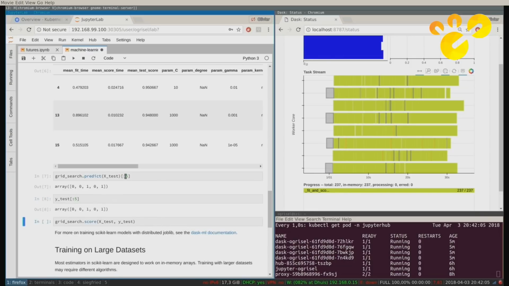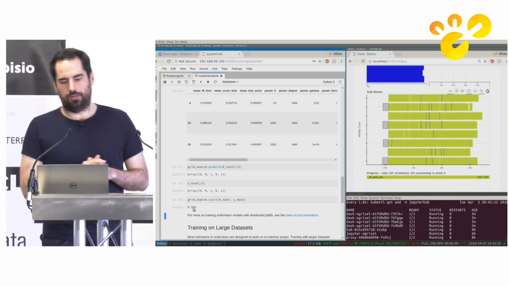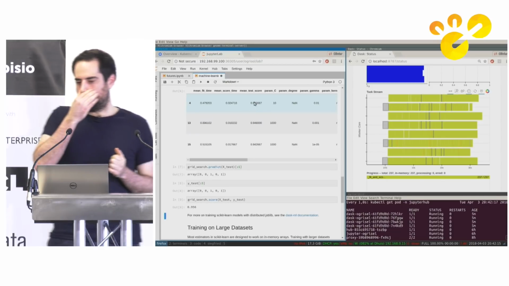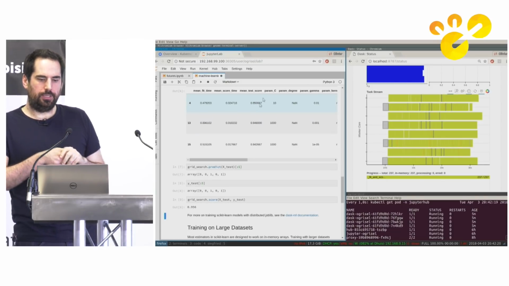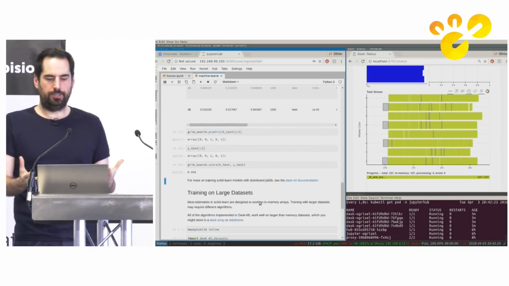I can run some prediction on the true test set that I haven't used so far and compute the final test evaluation score. I see that it's 95%. It's approximately the same as the cross-validation score, so everything is fine. So this is nice. The only limitation here is that we are using traditional scikit-learn directly, and scikit-learn has been